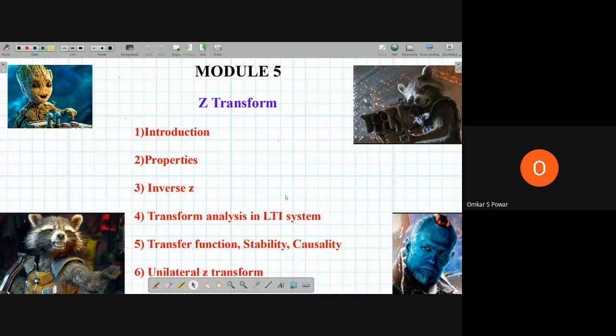So why do we study all these things? We study because we are applying these things in our day-to-day life, directly or indirectly. For example, whatever you studied in the first two units, the third and fourth units and this Z transform, you will be applying in subjects like control system, digital signal processing, machine learning in your higher semesters. And this subject is the basis for that.